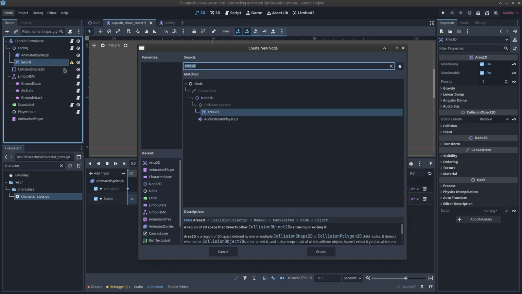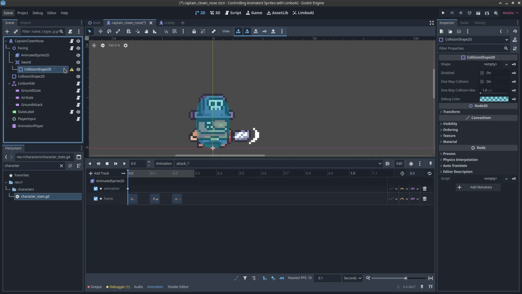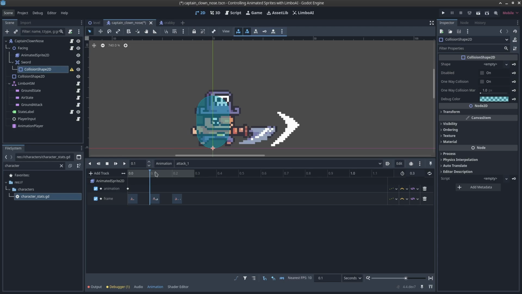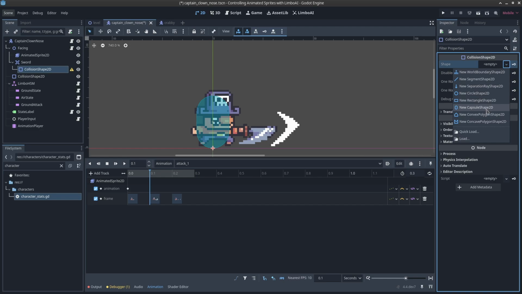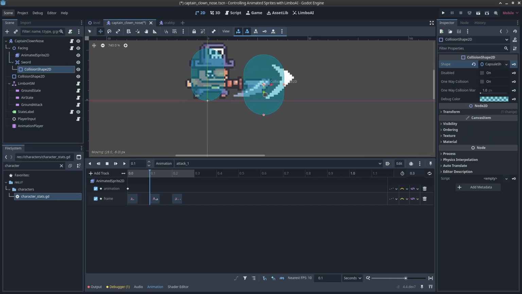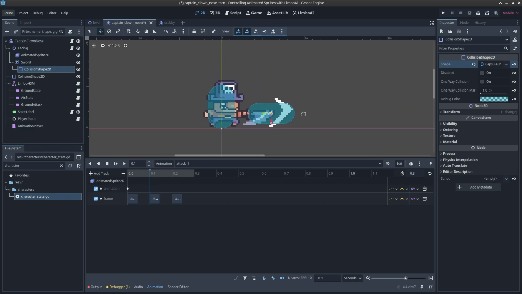And then this is going to have a collision shape 2D. Well, let's see, what kind of shape is this? Probably something like, I want to say, a capsule shape. And then let's move it over here. E to rotate, and I'm going to rotate it sideways, 90 degrees. Going to shrink the sides, and something kind of like that, maybe a little bit wider, is probably appropriate for